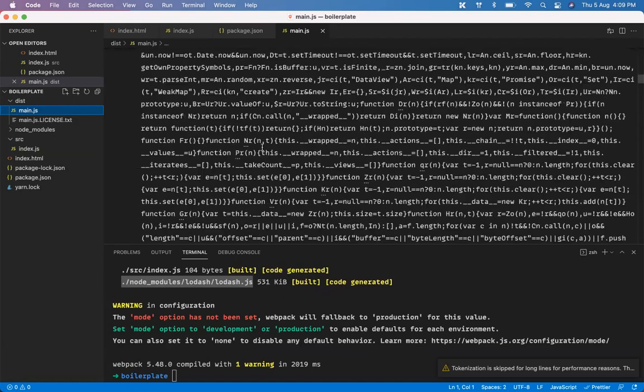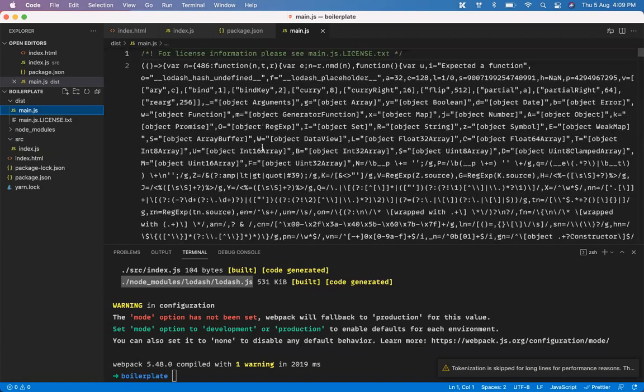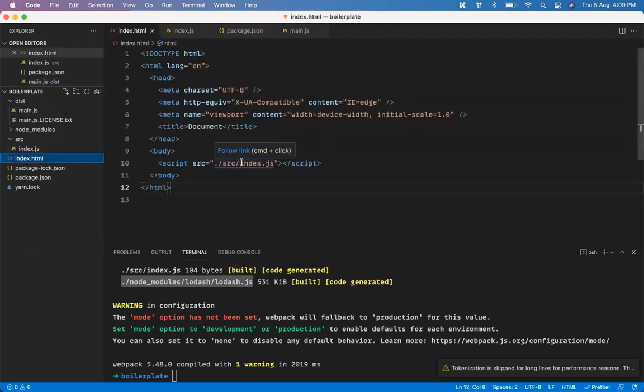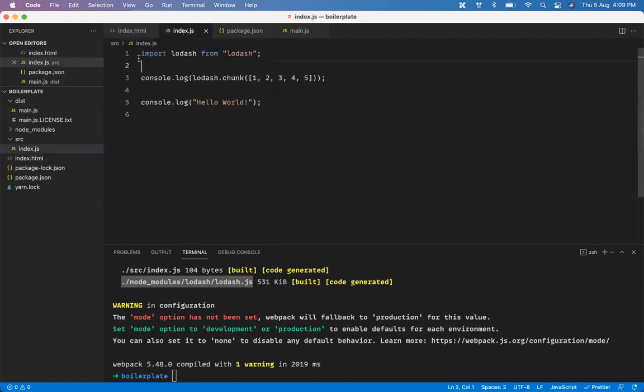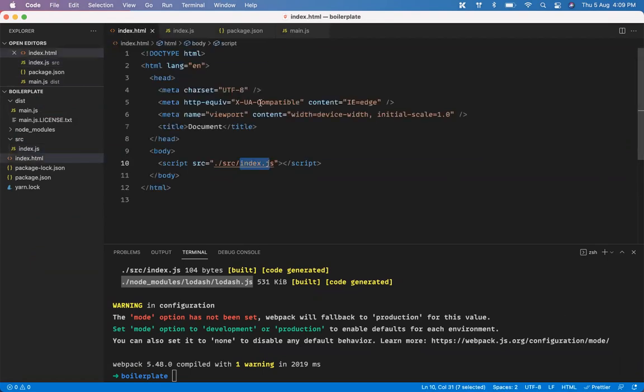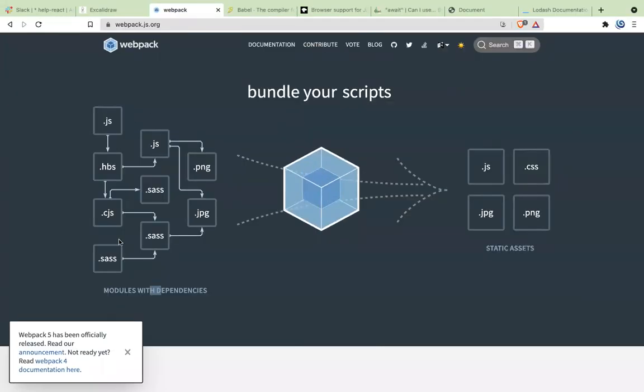Hard to, right? But Webpack has created this for you. Let's see if it is of any use to us. Rather than me trying to link this index.js that needs a module, I'm just going to use main.js because Webpack is doing this. It is taking multiple JS files, combining them all together and giving me one JavaScript file.